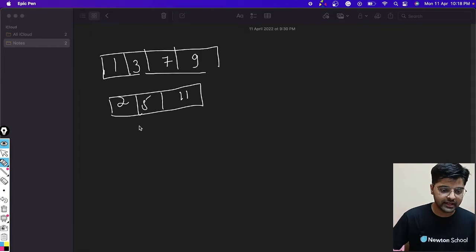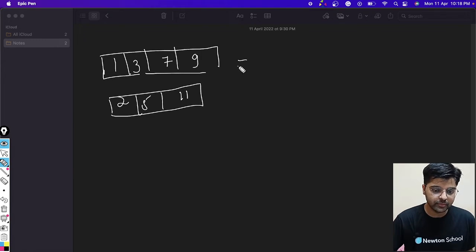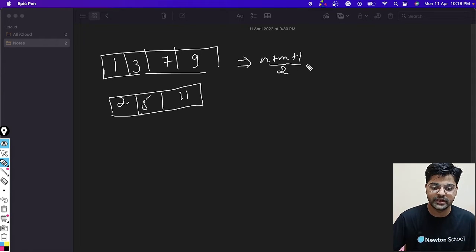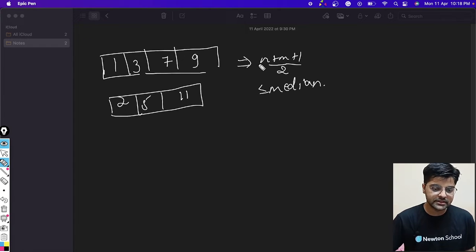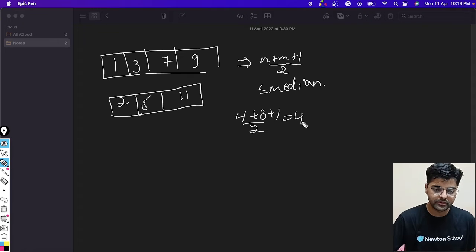So in that case, we have taken that the total number of elements (n plus m plus 1) by 2 will be smaller than or equal to the median, right. So in that case n is 4 and m is 3, so (4 plus 3 plus 1) by 2 is 4 elements, right. So in that case, if we get the median, let's say we divided like this, 3 and 1 or 2 and 2.